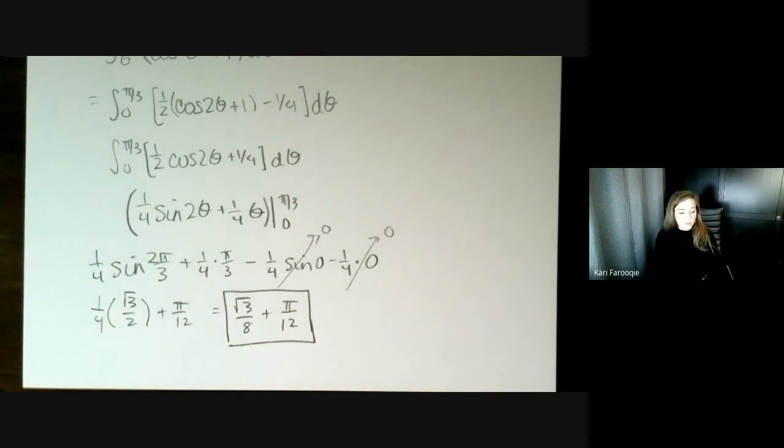Okay, that's all I have time for tonight. I'm going to do the last example asynchronously. Like I said, I'm going to do parts A, B, and C for it so that you get to see different setups depending on which region we're focusing on, because I really want you to feel like you're getting a handle on how to set up these areas. So I'm going to do that. It might be tomorrow morning before I get to it, because it might be a little too late for me to do tonight. I've got to put my kids to bed. But I will do that and release it to you soon, definitely by Friday morning at the latest.